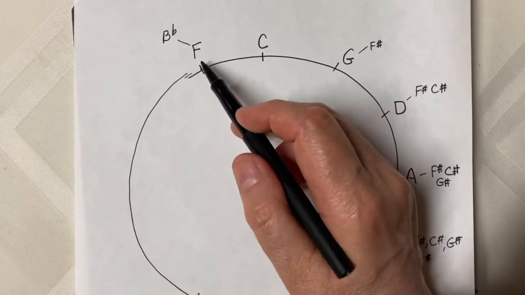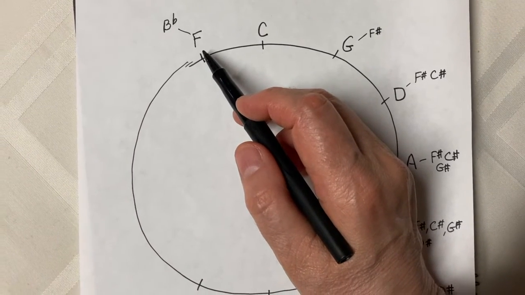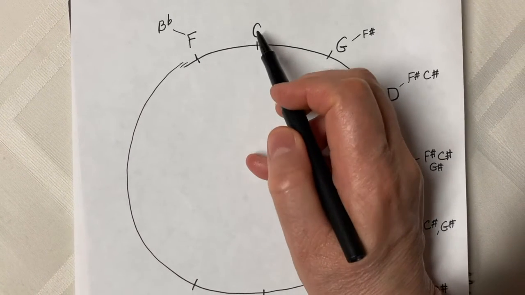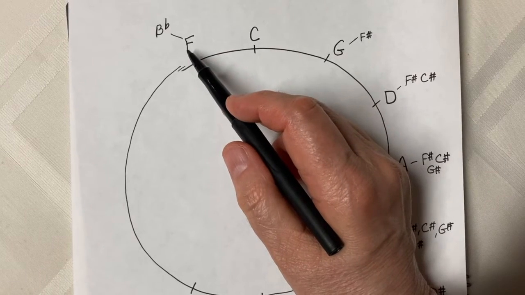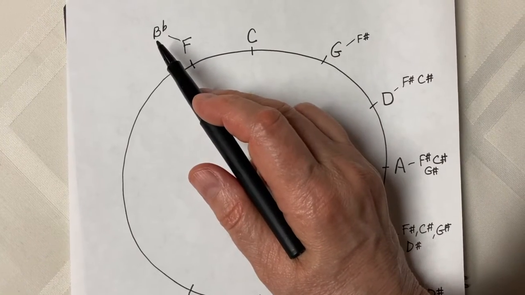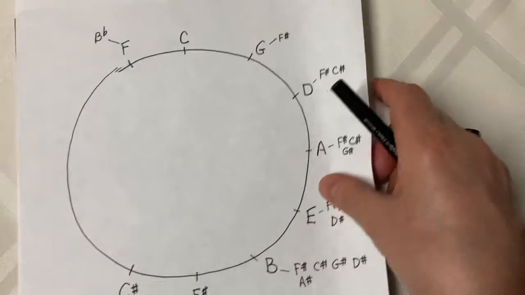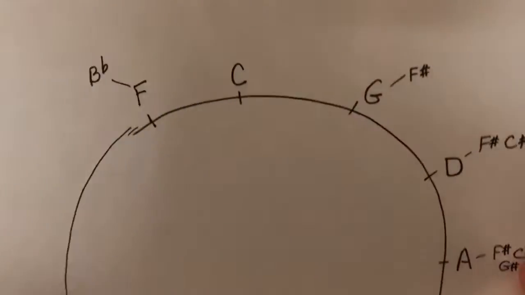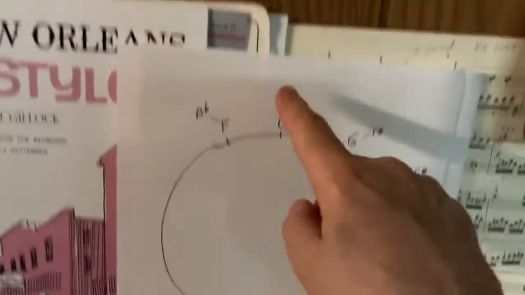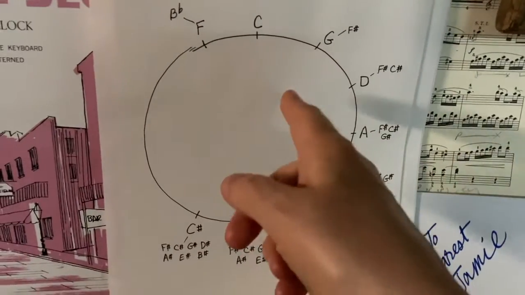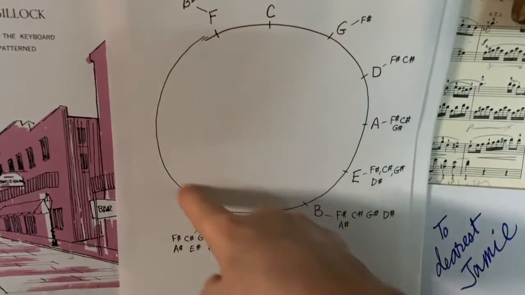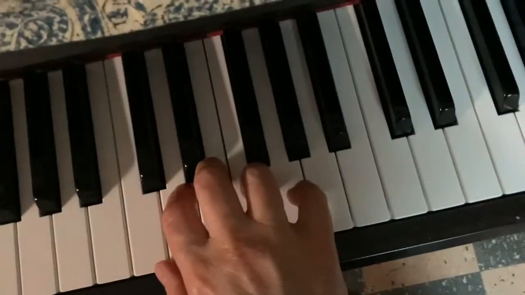What pattern can we find for finding which key is the next one and what flat it has in it? So to go around the flats, you go up a 4th. For the sharps, going around this way, we went up a 5th. Going this direction, we're going to go up a 4th. So here is the key of C,